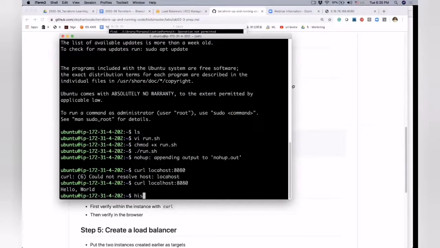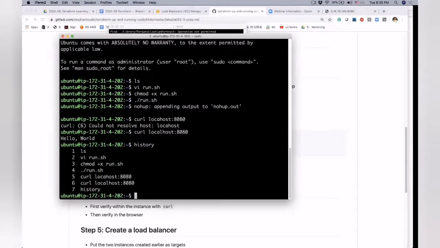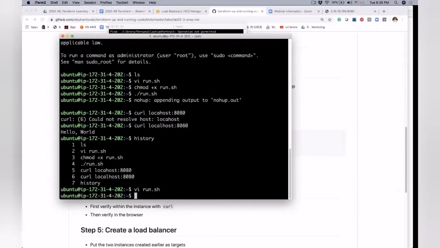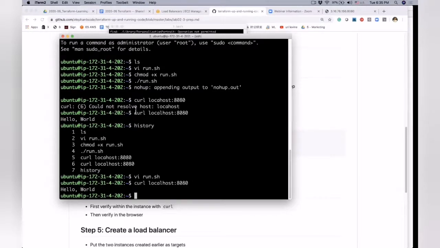So if you look at the history of what I did, at a certain point I said ./run.sh. Since this is nohup, no hang up, it runs by itself and doesn't interfere. Here it is, it goes in the background. And if I do the curl command on localhost on 8080, it does hello world. I can go a little further.